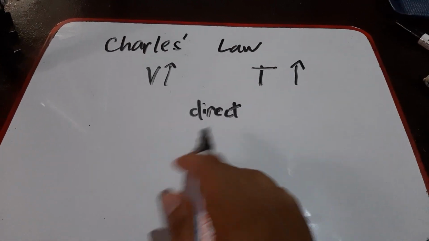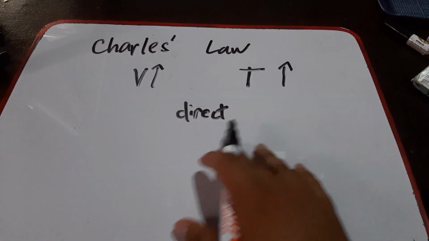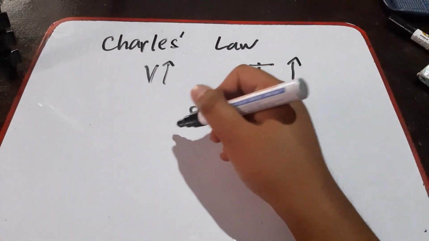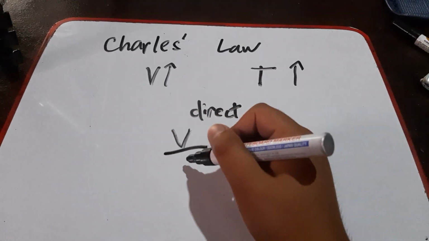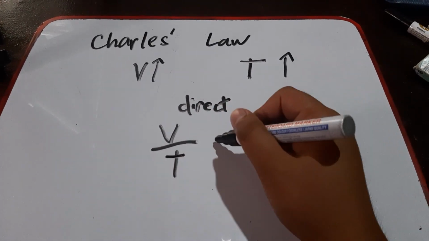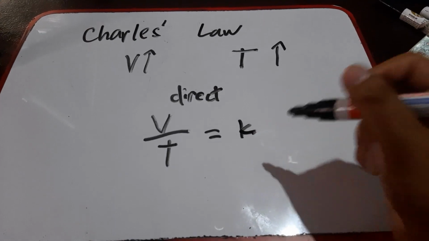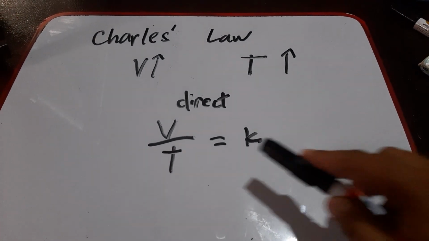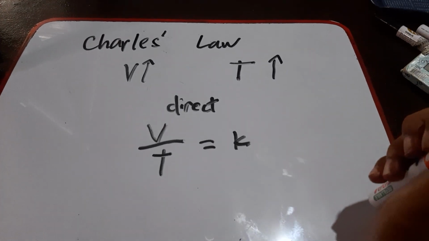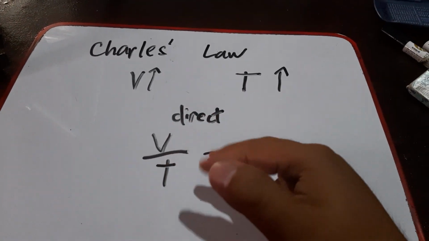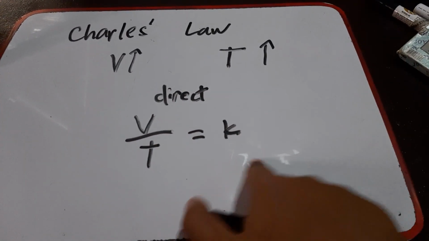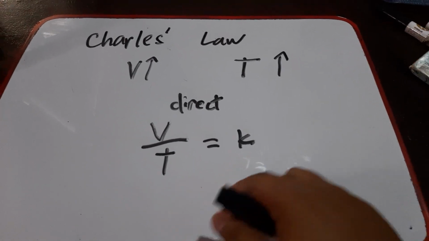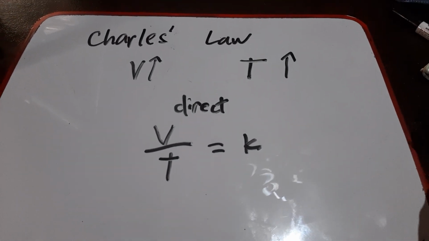And to state their proportionality into an equation, that would be V over T is equal to a constant. Meaning, if you divide the volume by the temperature, since they are directly proportional, it would always be a constant. No? And if we place it in an equation